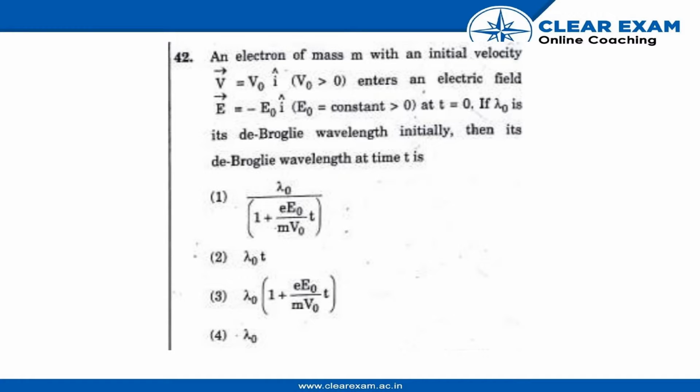An electron of mass m with an initial velocity v = v₀ î enters an electric field E = −E₀ î at t = 0. If λ₀ is its de Broglie wavelength initially, then its de Broglie wavelength at time t is: the initial wavelength